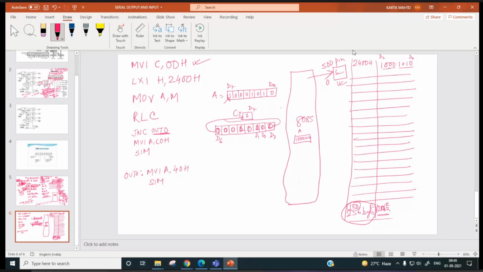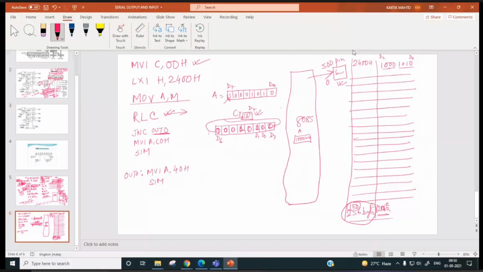Sir, but D6 is 0, no, sir. Right now, only once we have rotated, no. So we are checking D6, D7 now. Move A, M, RLC, D7 will be over here. So we have to out D7 at the SOD pin. So if D7 is 1, MVI A, C0, SIM will be done, so D7 will be outed. But D6 works like an enable for it, no, sir.